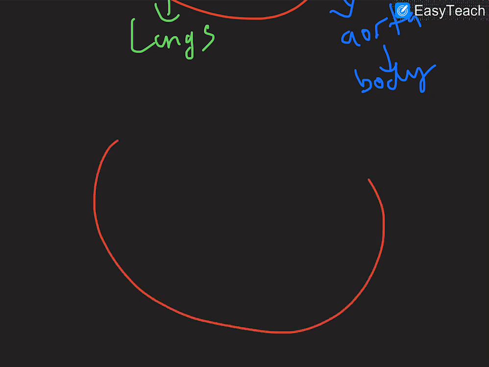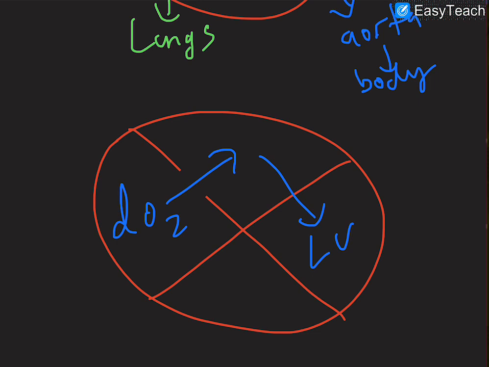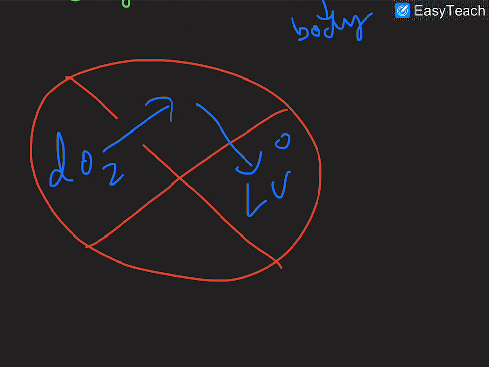Okay, so we have this right here. We know now that we have an ASD, and ASD is associated with tricuspid atresia. So this allows deoxygenated blood to cross over and go to the left ventricle. Now we have mixing of blood in the left ventricle. So how do we get blood to the lungs? One is that we have an associated VSD with this disease,